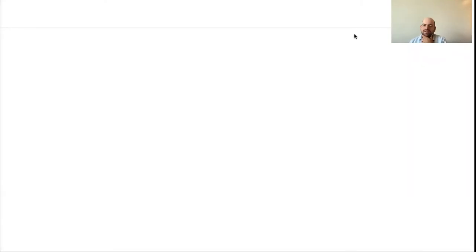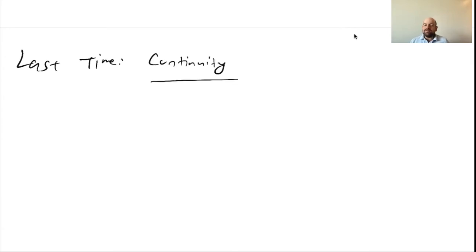Hello, everyone. So last time we were looking at the concept of continuity. So continuity, we said that, intuitively, it means that the graph of the function has no hole or break. And formally, the function is called continuous at x equals a